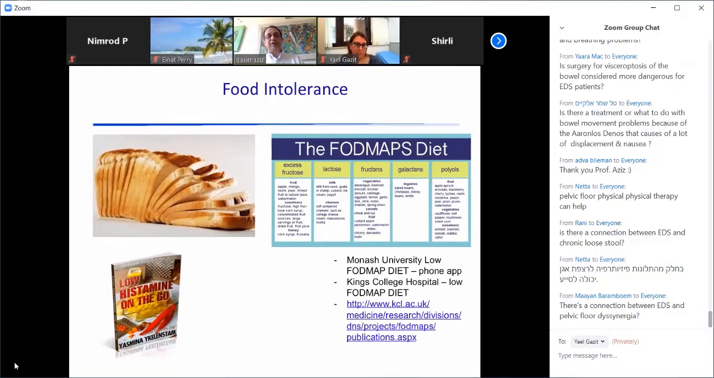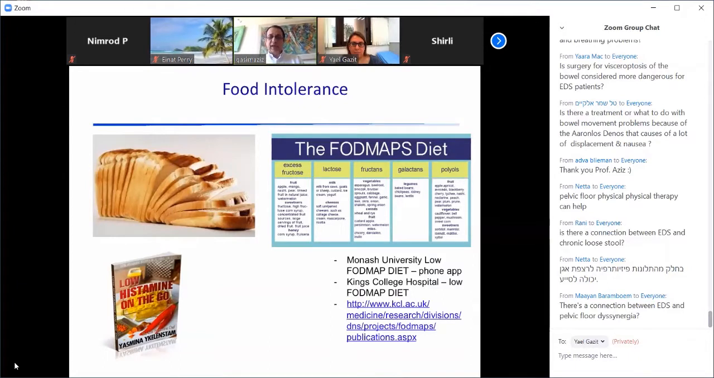Low histamine diets are also discussed in terms of patients with mast cell activation disorder or histamine sensitivity, and some patients do respond to it, but I would strongly advise both the FODMAP and the low histamine diet should never be done without